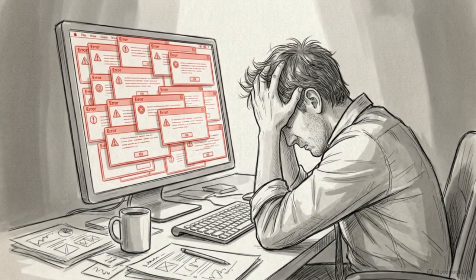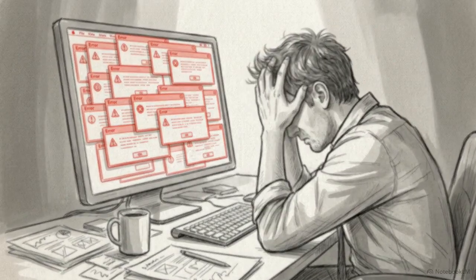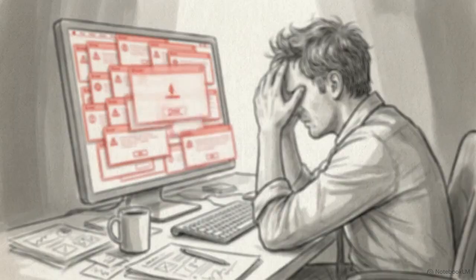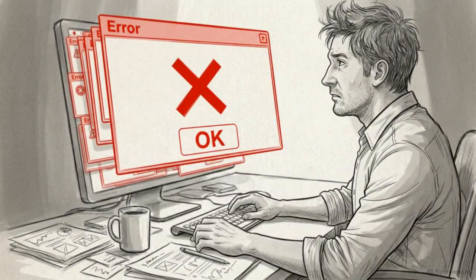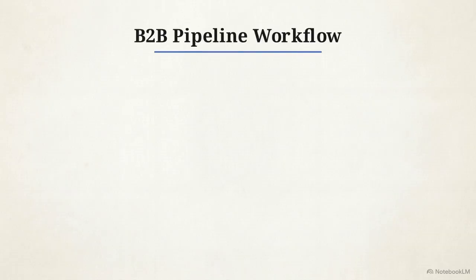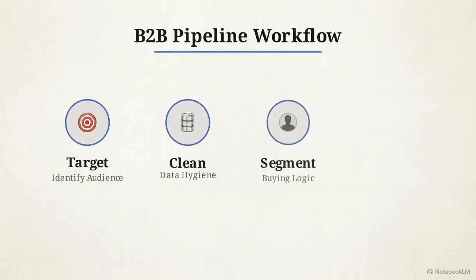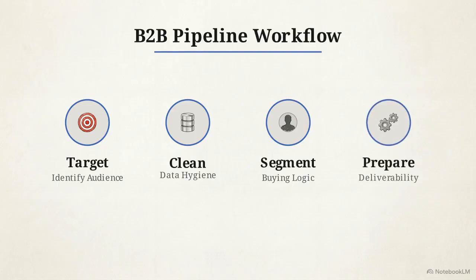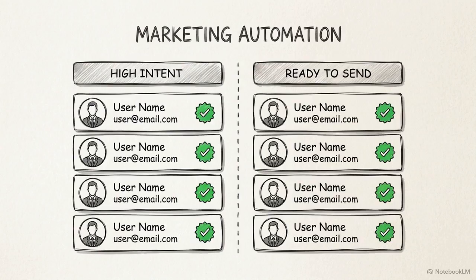If you prioritize raw volume when building a B2B contact list, you're likely constructing a spam trap instead of a sales pipeline. Over the next 6 minutes, we are going to build a list correctly. We will walk through the exact steps to target, clean, segment, and technically prepare your data for outreach. By the end of this process, you will have a verified, highly segmented database of intent-driven buyers ready for your